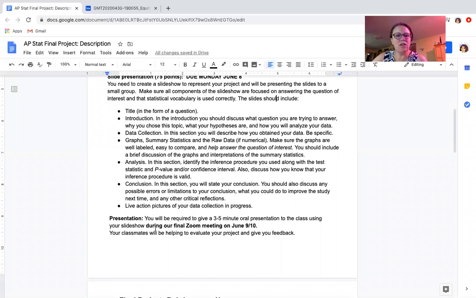Your presentation that you're going to do during the Zoom meeting next week, Tuesday, Wednesday, should be about 3 to 5 minutes in length. You want to practice that. If you're doing it with another person, talk about who's going to do what part. The way that you're going to do this is we're going to do them in breakout rooms and you will share your screen. So you might want to play around with that and make sure you know how to share your screen on Zoom. It's pretty intuitive, but if you're not sure, ask somebody to help you before that so we're not spending a lot of time with technical issues.